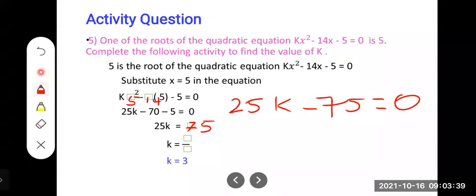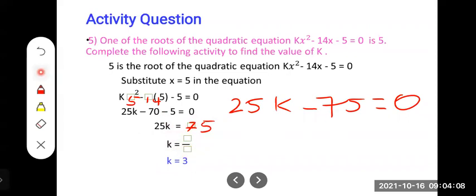Yes, like this you can solve it simultaneously also. Otherwise, you solve fully on the other side, above or below, and then you fill the boxes. Then you see, our aim is to find the k. So k is given already here. And here one box is there, here one box is there. So what will come over here? Yes, 75 will be here. And this 25 will come here.